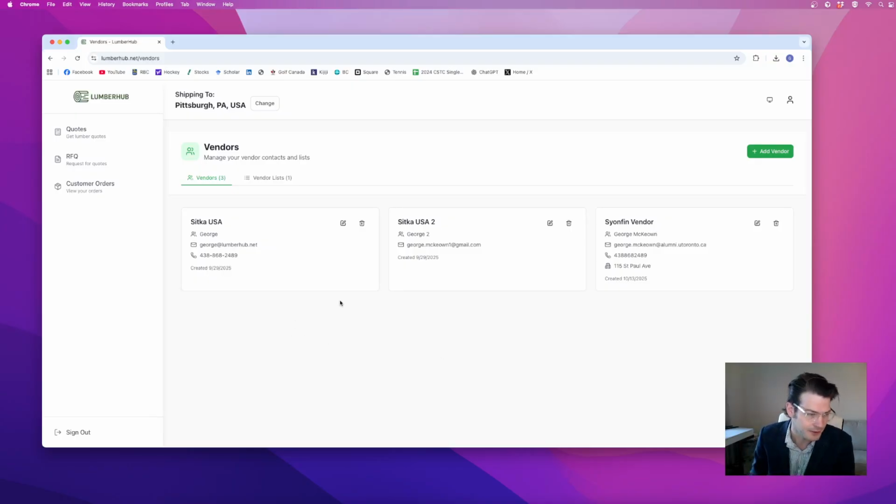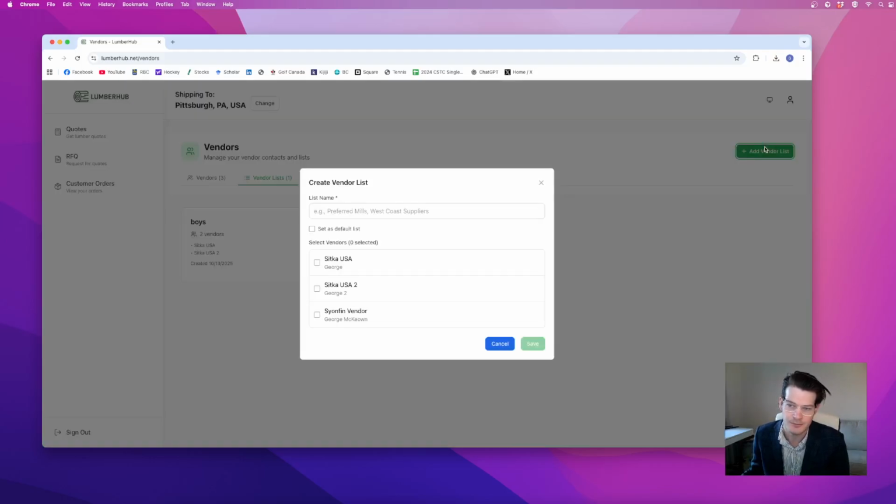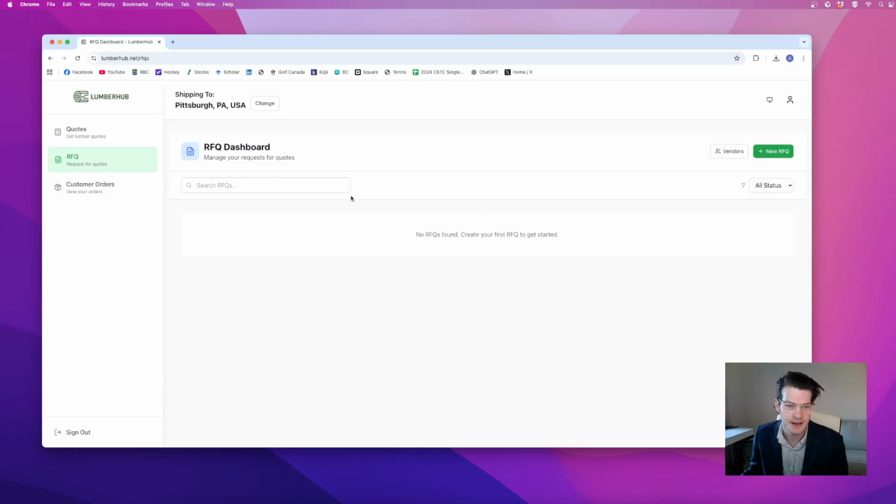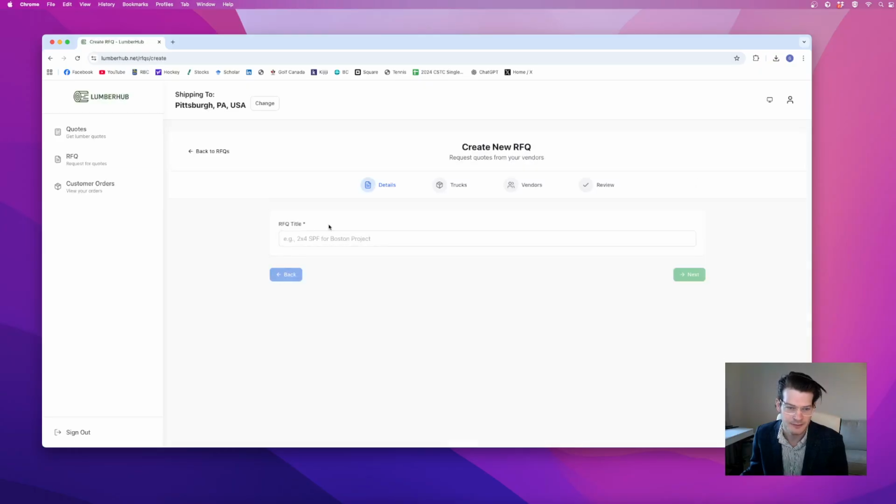If you have a lot of vendors and you buy to different locations, you'll want to make lists out of them. So maybe you're buying into the Northeast, you make the list called Northeast and select the appropriate vendors there. So once we're done that and we're ready to actually create an RFQ,